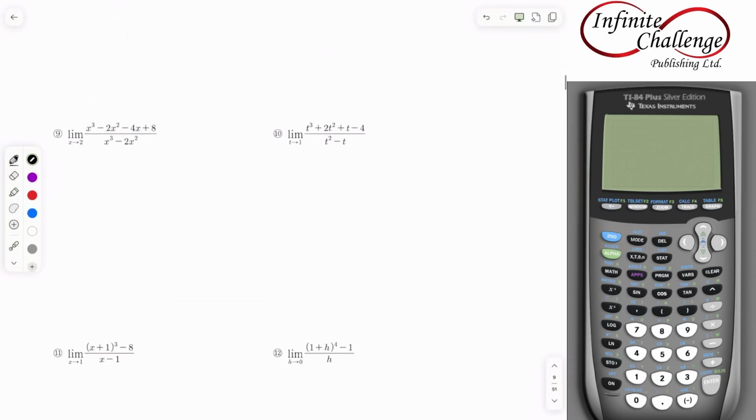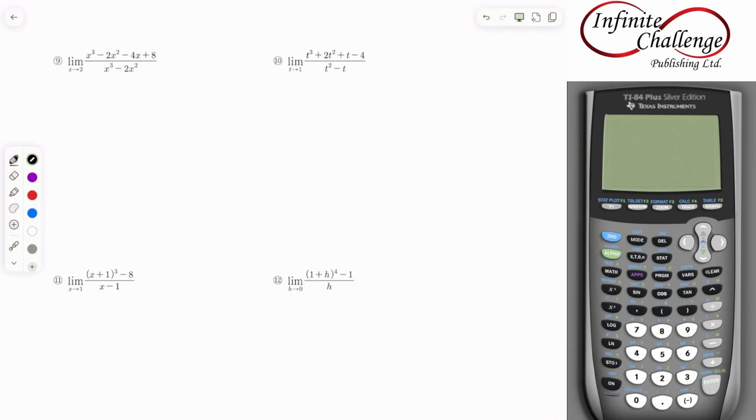Now on to a peculiar type of question, such as question number 9 here. Just using context here of what exercise we're still in, if I were to plug in 2 to both the numerator and the denominator's x values, I get that it's going to be 8 minus 8 minus 8 plus 8 over 8 minus 8, which, you guessed it, is going to be 0 over 0. I need to factor this. The issue is, unfortunately, the numerator looks a bit more tricky to factor, but we're going to use what we called the factor theorem,